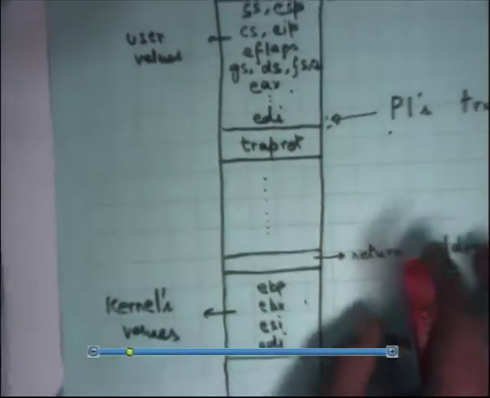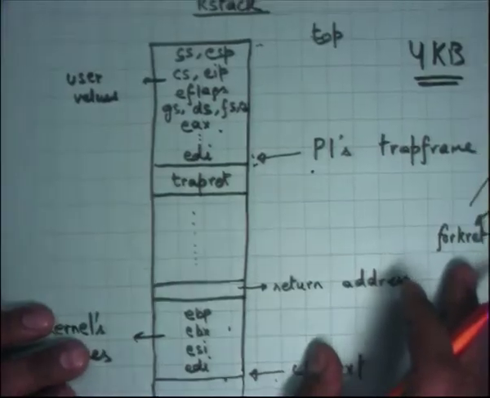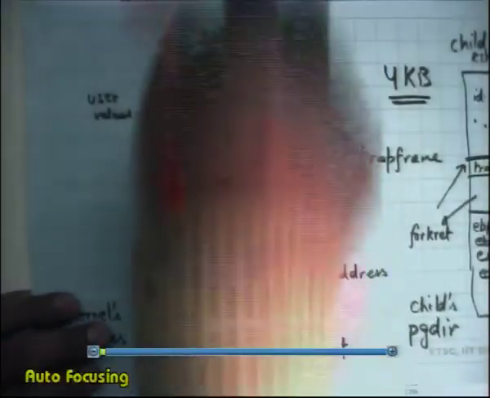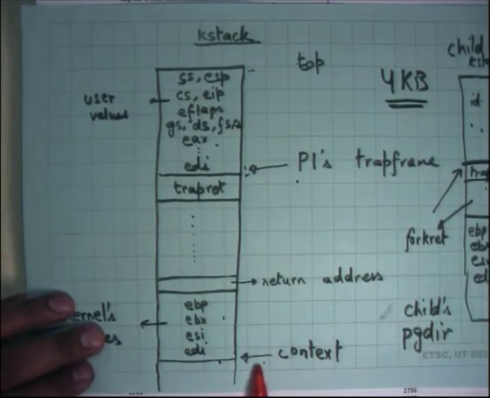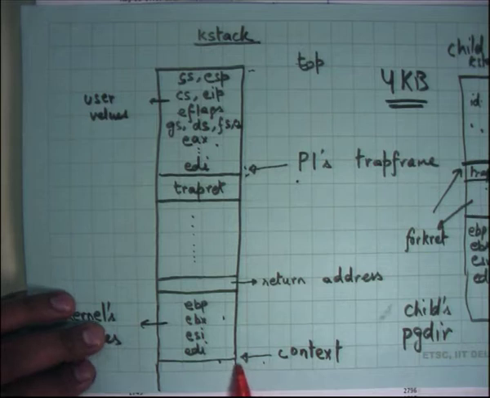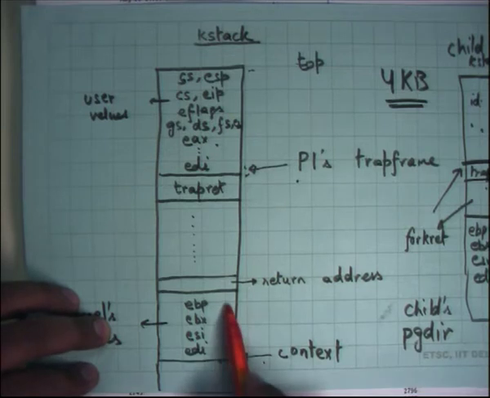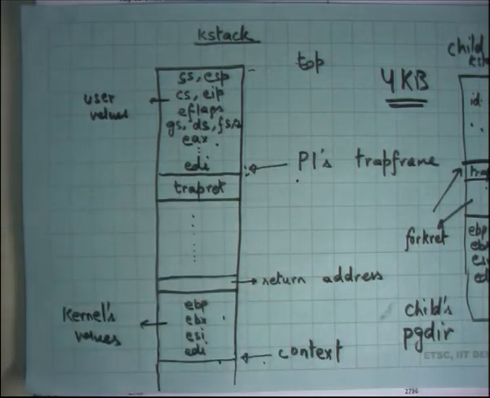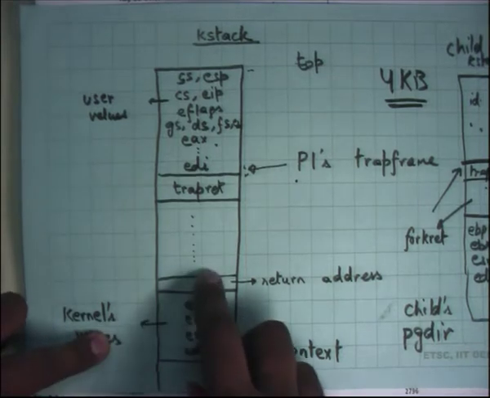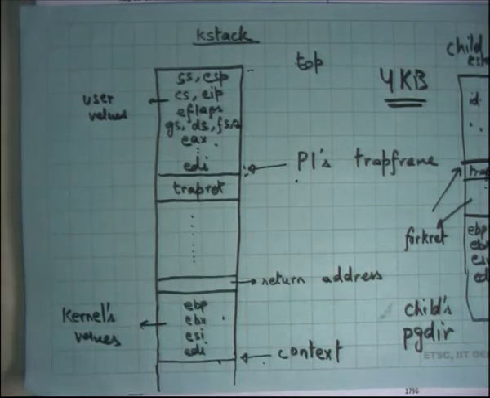So basically, when I was talking about switching K stacks, let's say this is my K stack, I now have a new invariant that context will be pointing to a location in my K stack, such that the first 4 values will be these registers and the 5th value will be a return address. Whenever I switch to it, I'll always switch to it in the switch function, and I'm going to pop off these values and then call return, and I'm back in business, I'm back in action just like I left, right.